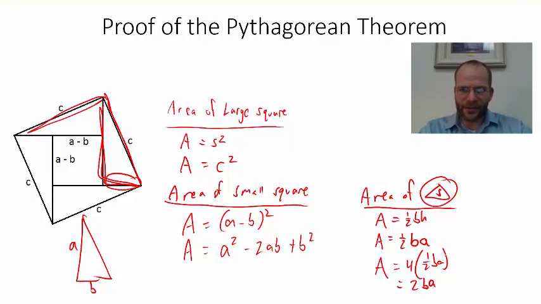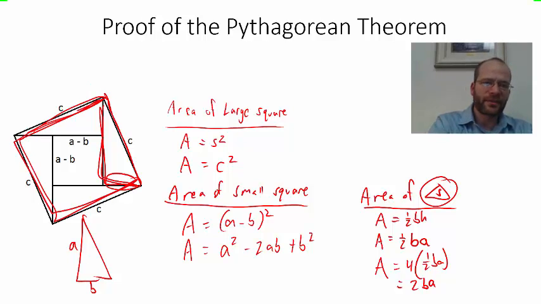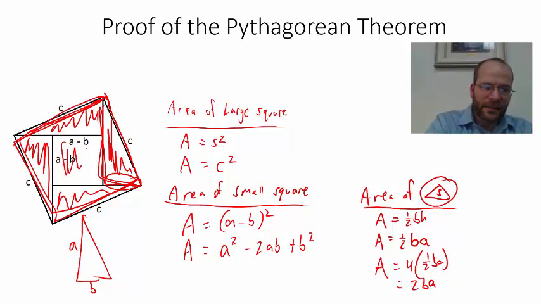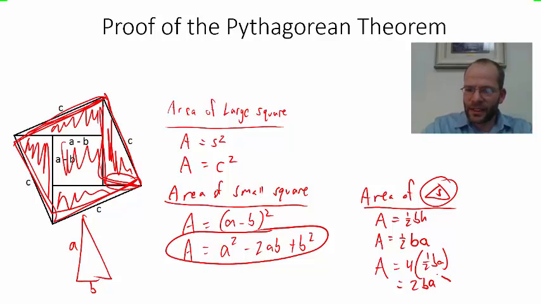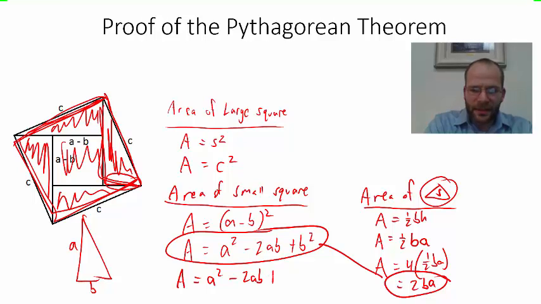Now, there's a rule in geometry that says essentially the area of some object, any sort of two-dimensional object, its area is made up of the individual areas of the figures that comprise it. In other words, if we can add up the areas of the triangles and the area of the small square, then we'll have the area of the large square. So what we're going to do is add the area of the small square to the areas of the triangles and see what we get. Area then is equal to a squared minus 2ab plus b squared plus